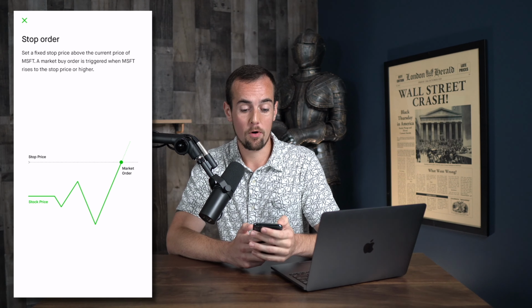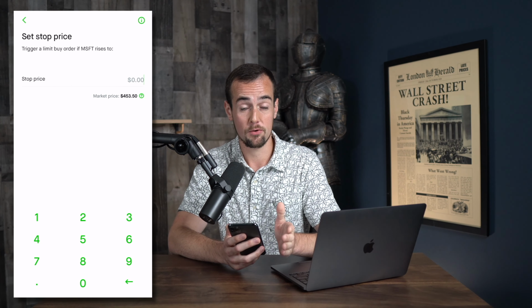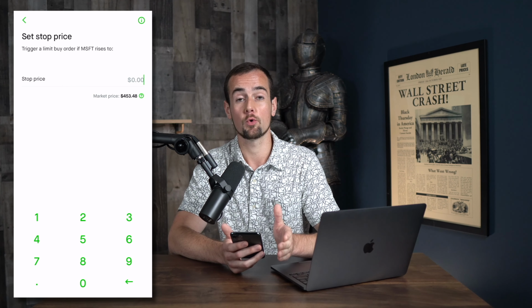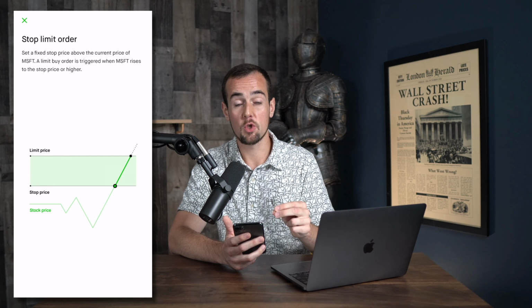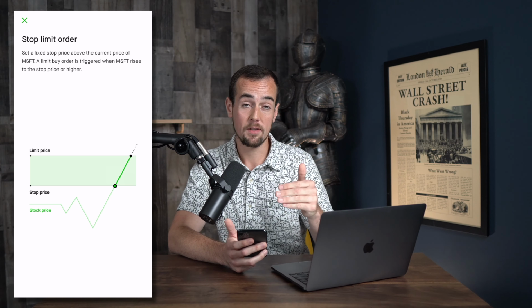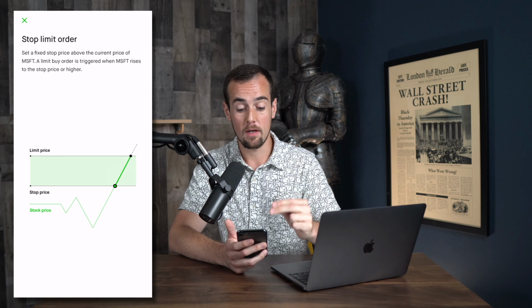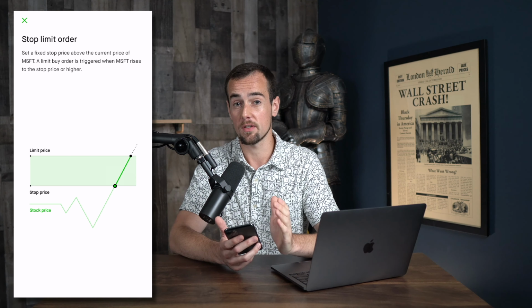The next order type we're going to cover here is called the stop limit order. This works very similar to the stop order, but instead of triggering a market order, it's going to trigger a limit order once the stop price is met. This shows us a visual here of what that might look like. So if you wanted to set a stop price at a certain level, but then trigger a buy order if it hit a different price level, you could specify that limit price,